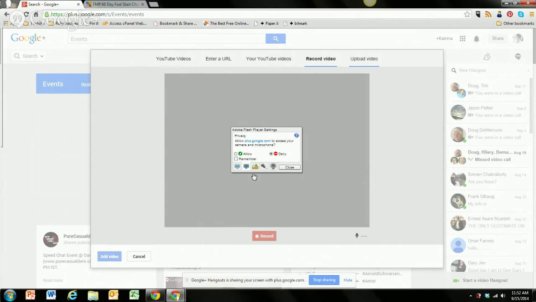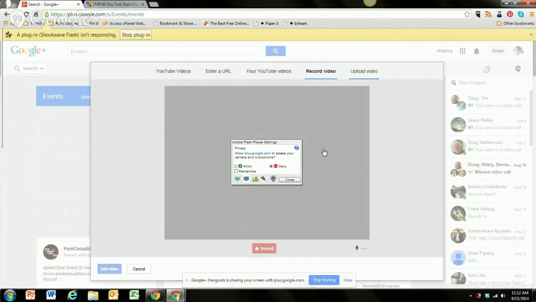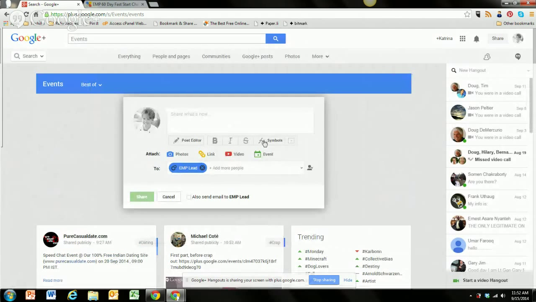But the ability to use these tools inside of Google Plus is absolutely insane. You don't have a lot of the crazy restrictions and the algorithms and all the crazy stuff that goes on with Facebook that you have with Google Plus. It's seamless. I'm going to have to stop that in order to get out of here.